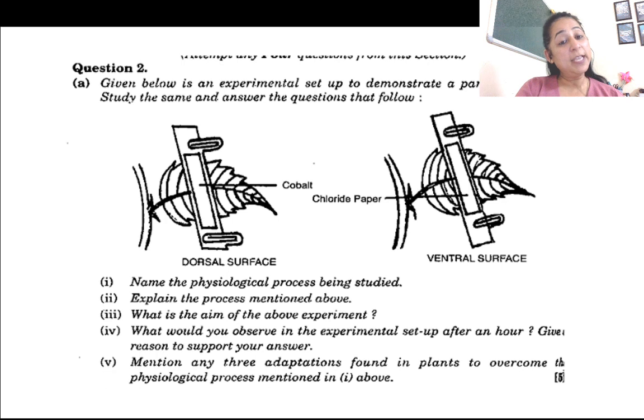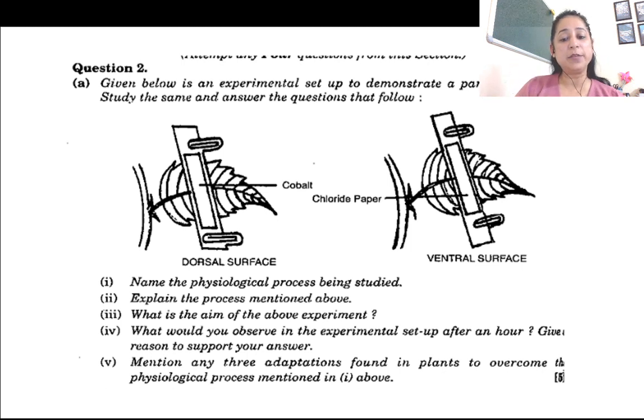So यहाँ पे भी the aim of experiment is to prove transpiration कहाँ ज्यादा हो रहा है. तो जहाँ पे cobalt chloride जल्दी कलर चेंज कर लेगा वहाँ transpiration ज्यादा हो रहा है, जहाँ कम चेंज करेगा वहाँ कम हो रहा है. तो हमने समझ लिया that this is the experimental setup and what answer should we give. Like for example यहाँ पे लिखा है dorsal surface and ventral surface. So ventral surface is the upper and the dorsal is the lower surface. So कहाँ पे ज्यादा transpiration will happen?